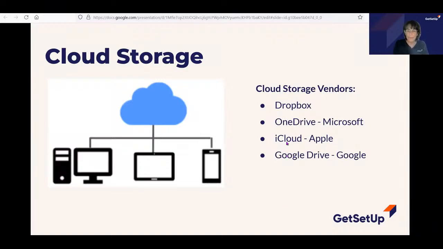If you have an Apple device, you're going to be using Apple's iCloud storage application to store photos, videos, and files in the cloud. And then there's also Google Drive. This is Google's cloud storage application. Now if you're using Google's apps, maybe Google Docs to create documents, Google Sheets for spreadsheets, or Google Slides for slide presentations,